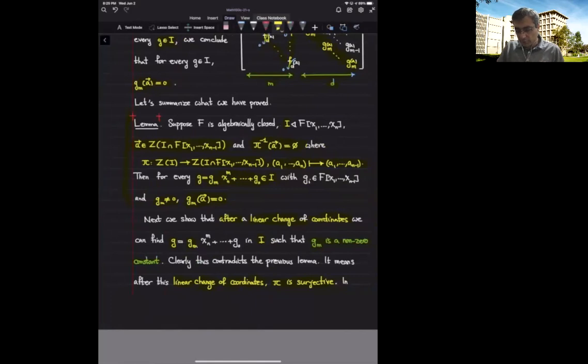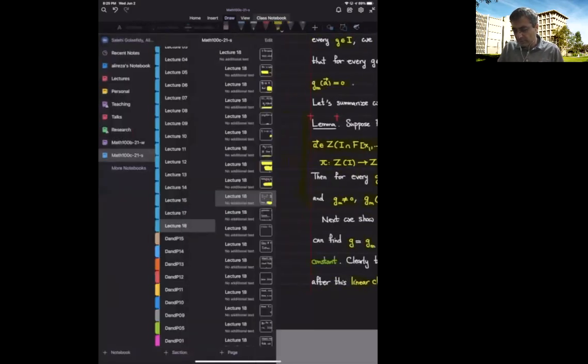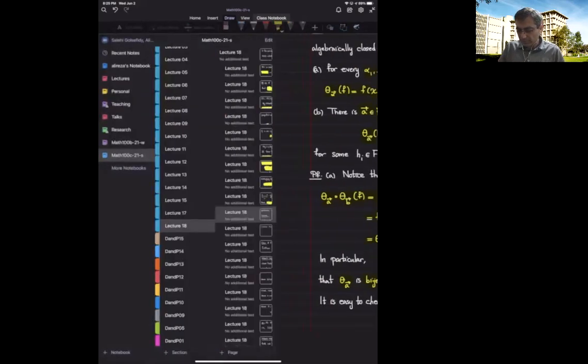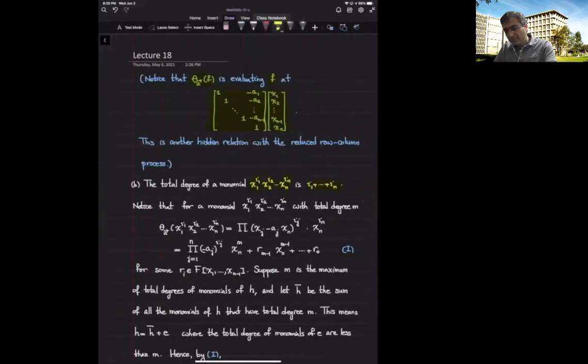Now we are using this process and using these theta sub i's, theta sub a's, in order to produce an element of some ideal with a constant non-zero leading coefficient. So we will continue with the proof of part B of this lemma in the next